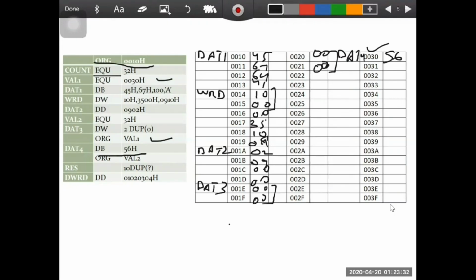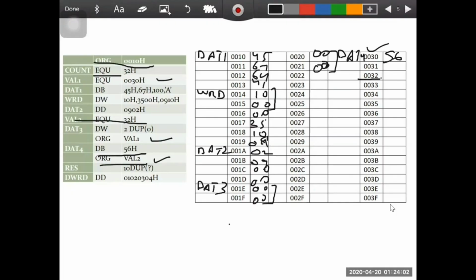After that, again ORG VAL2. Now VAL2 is 32H. So now we have to switch to the 32 hexadecimal memory location. So that is 0032H. So we will leave the 0031 memory location. 0032.